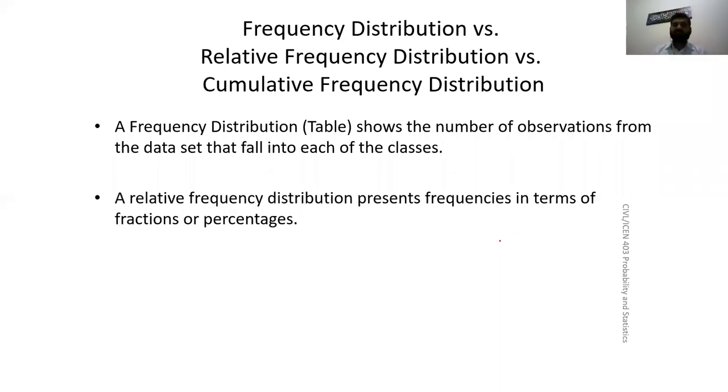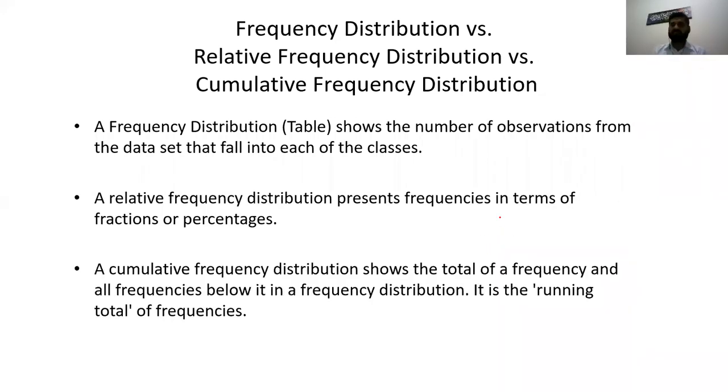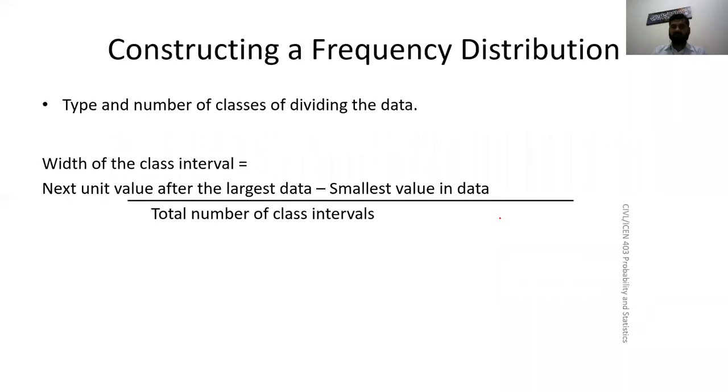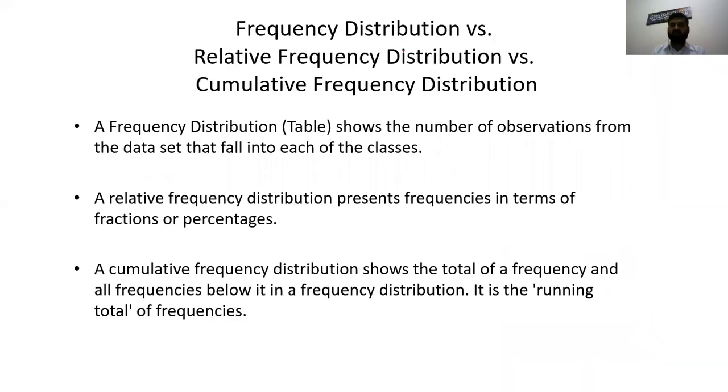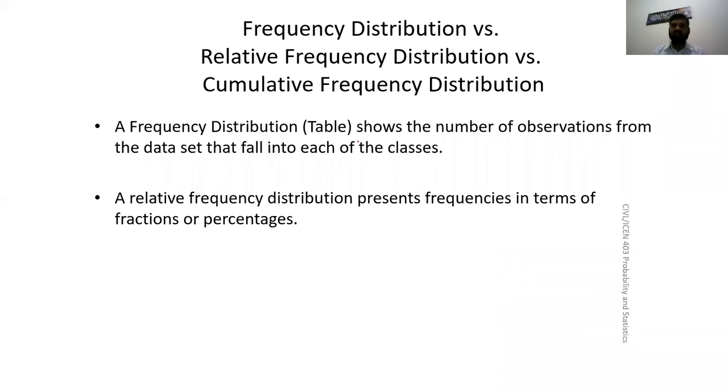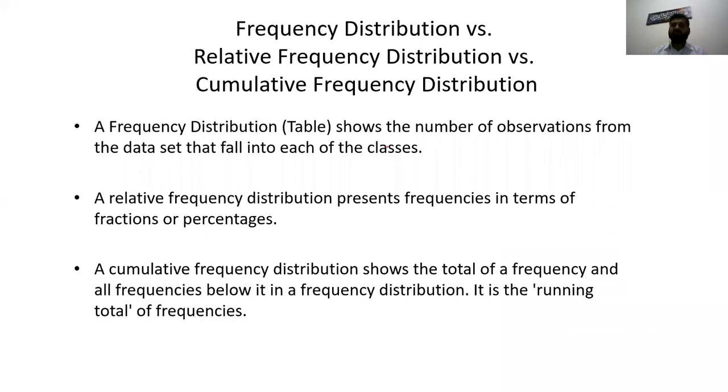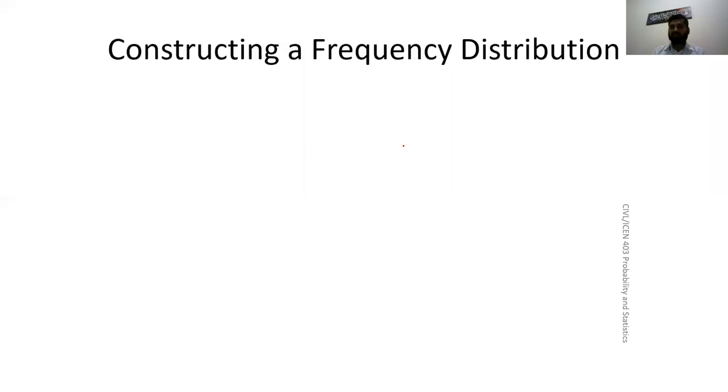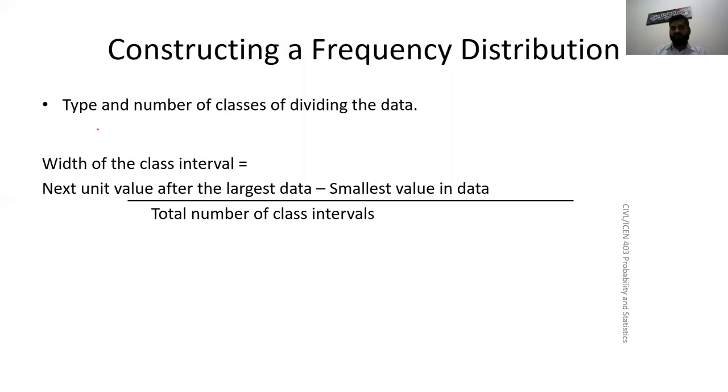So this slide gives you the comparison between frequency distribution, relative frequency distribution, and cumulative frequency distribution. Okay, so whatever I explained, it's written on this slide. Next slide gives you the formula which I wrote in the previous one. You see, this is the formula. How to find the width of the class interval. So I wrote explicitly here, it is the same thing which I calculated, b minus a divided by n.